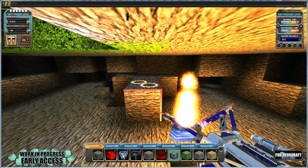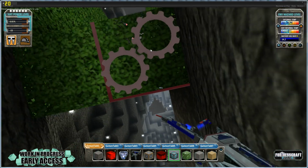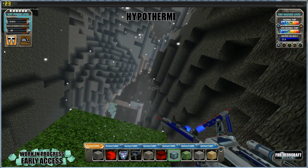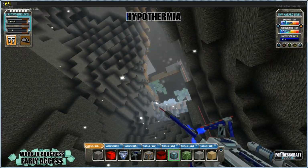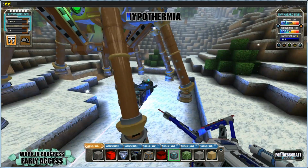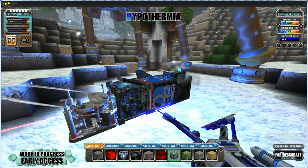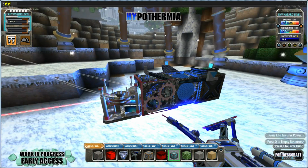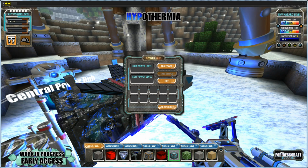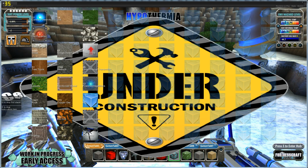I don't have hypothermia, I'm fine. Look, I'm standing next to a fire. Okay, let's not mess this up. So it messes this up quite a lot. And oh, perfect. Look at that. Okay, so what I'm going to do is put a bunch more central power hubs down around this machine after taking some power out of it. Oh, it's empty. Great. Okay, so if I go, I'll drop some...